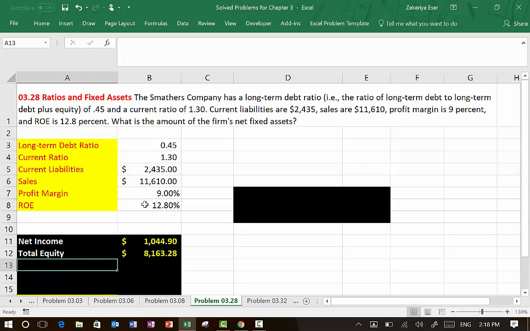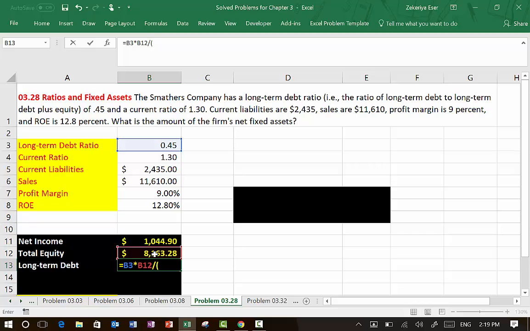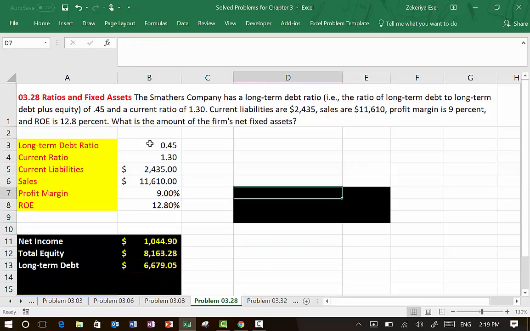Next, we're going to have to figure out the long-term debt because we already know the current liabilities. For that, we're going to use the long-term debt ratio. We could either solve for long-term debt algebraically, which I am going to do here. That's going to be the long-term debt ratio times total equity divided by 1 minus the long-term debt ratio. If you do not want to bother with that,